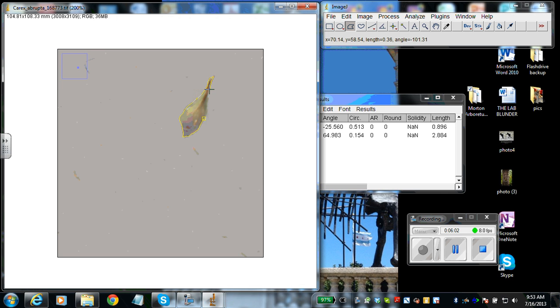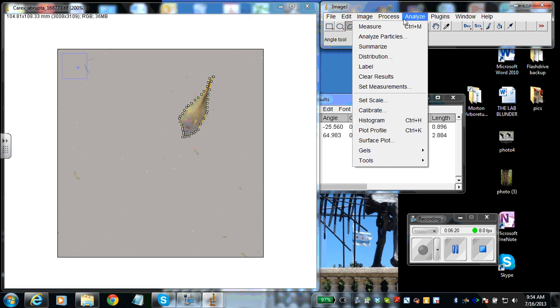And I hope you all know how to do a screenshot. It's just Control Print Screen on your keypad. Take that, put it into Paint or some other program, save that, and then send it in an email to our specialist. Okay, so now I've done the polygon tool, I've gone all the way around. I'm going to analyze, measure again,